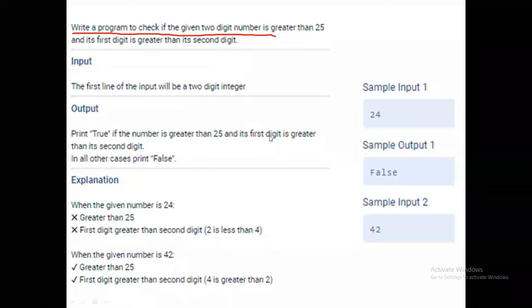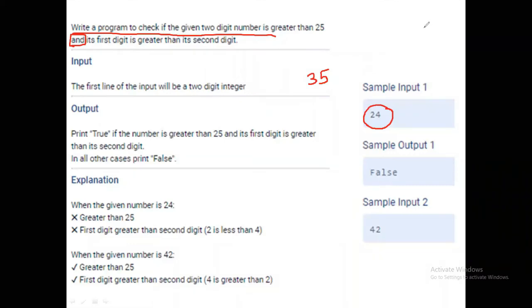Okay, so what is the problem here? You are going to write a program to check if the given two-digit number is greater than 25. That means you are going to read a number that is greater than 25, and here you are going to use the and logical operator in your program. So greater than 25, for example I am reading 35.